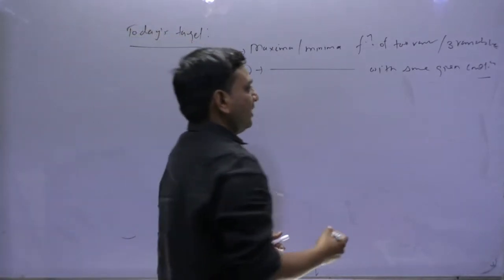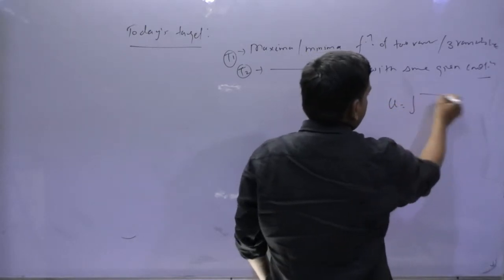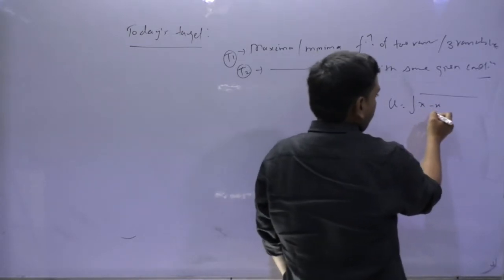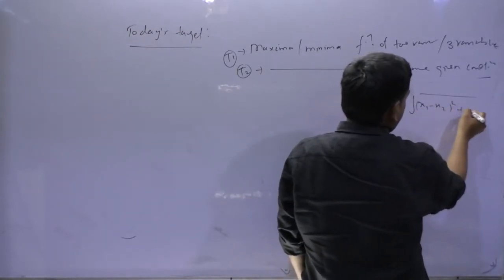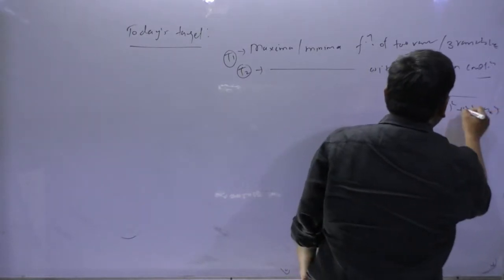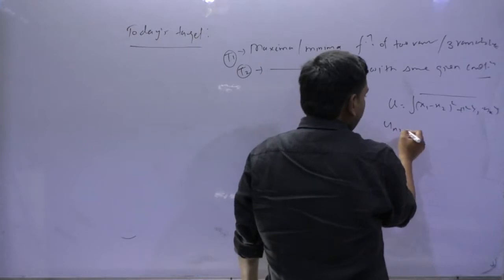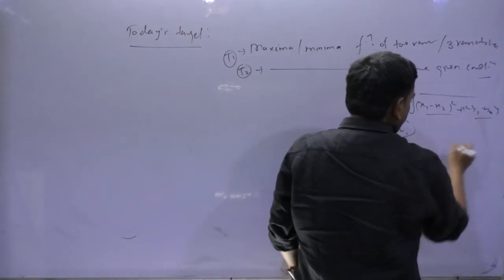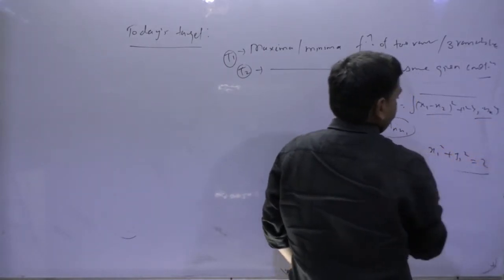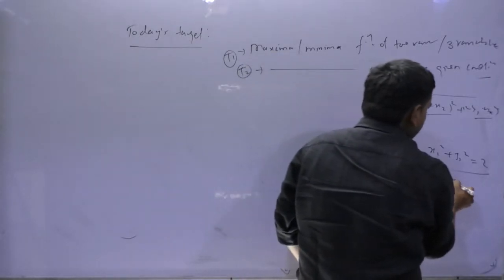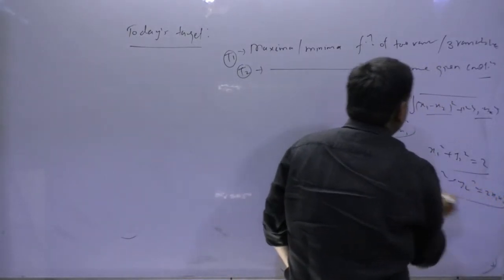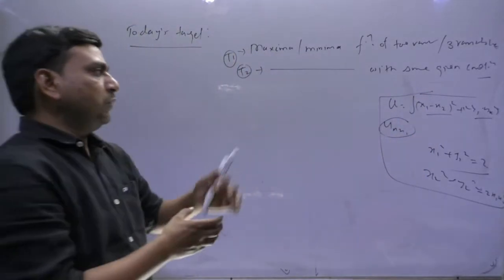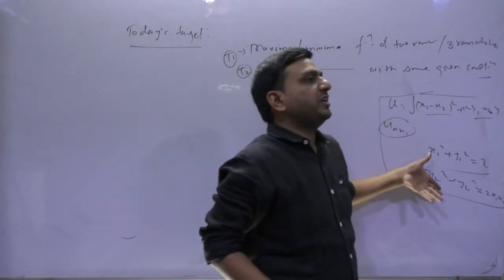For example, if someone asks you the maximum or minimum distance between two points, suppose x, y and the points x1, y1 and x2, y2, so the square root of (x1 minus x2) whole square plus (y1 minus y2) whole square. What if someone says you have to maximize this such that these points follow some particular condition? So when you are asked to find a maximum or minimum value of some function with some given conditions,